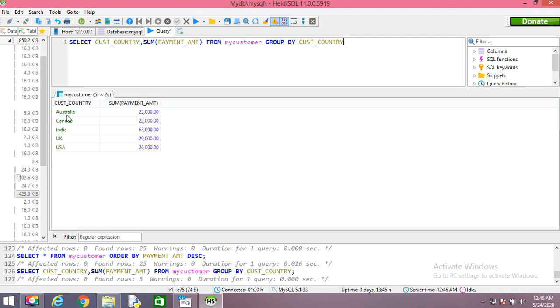So in this way the customer country wise sum of payment is there.